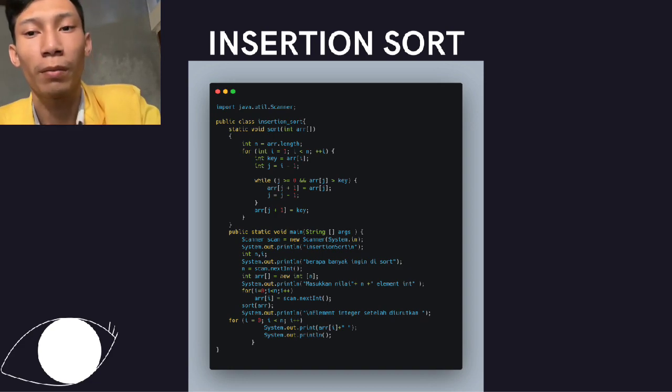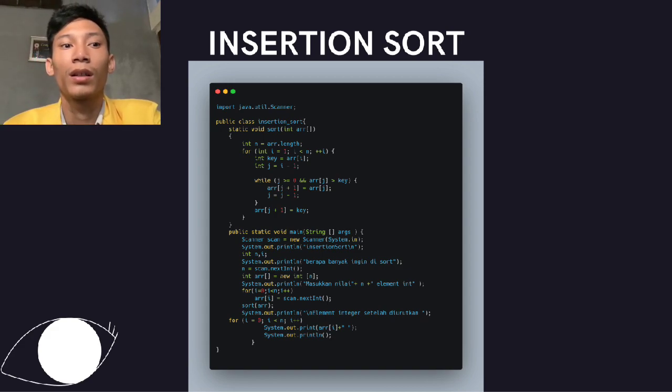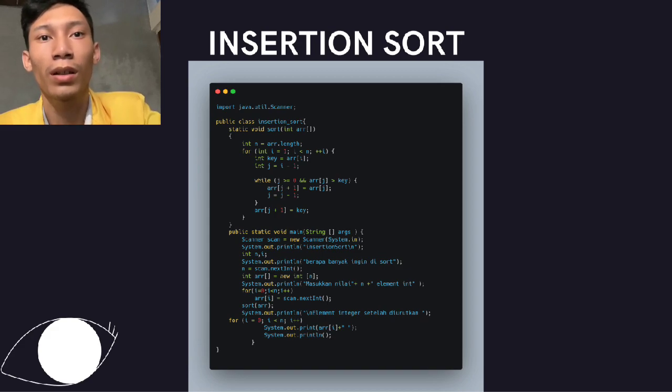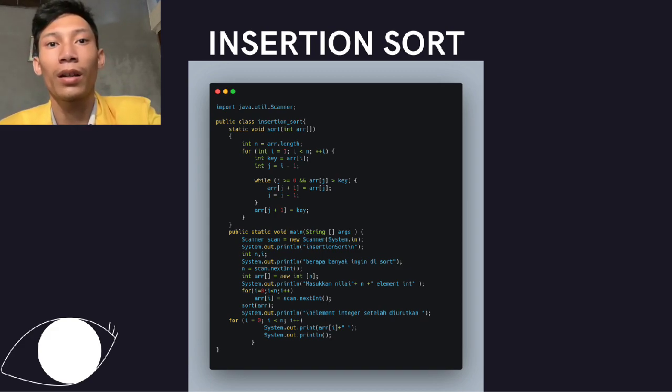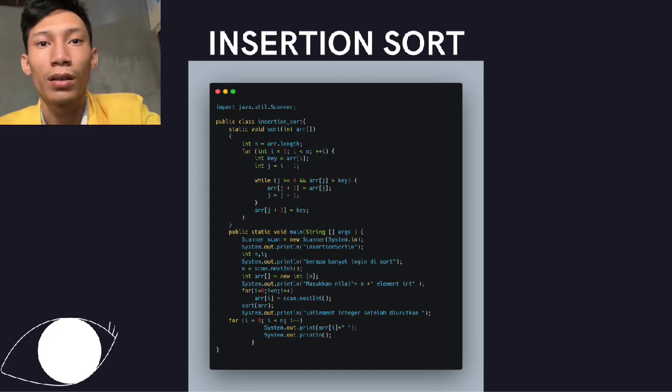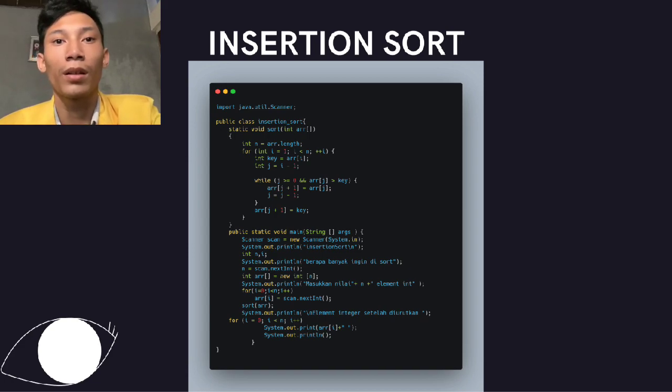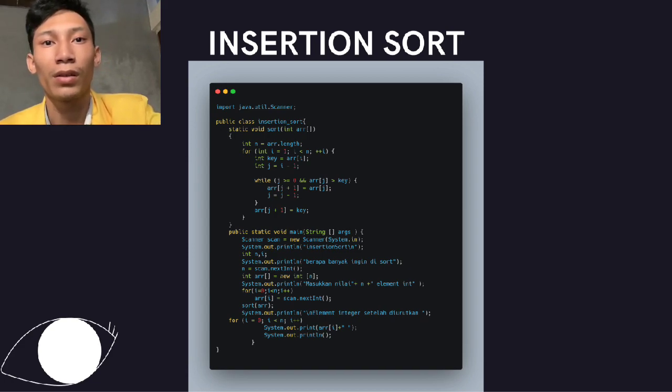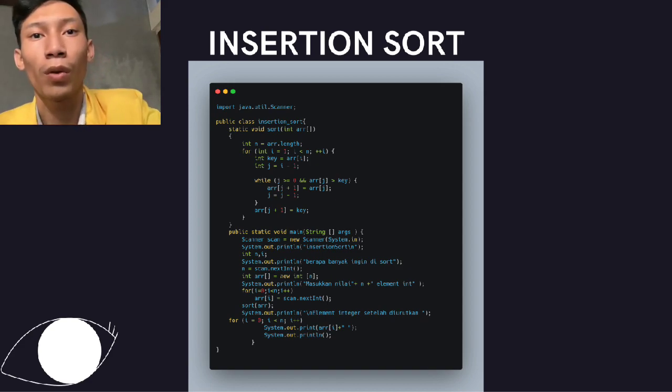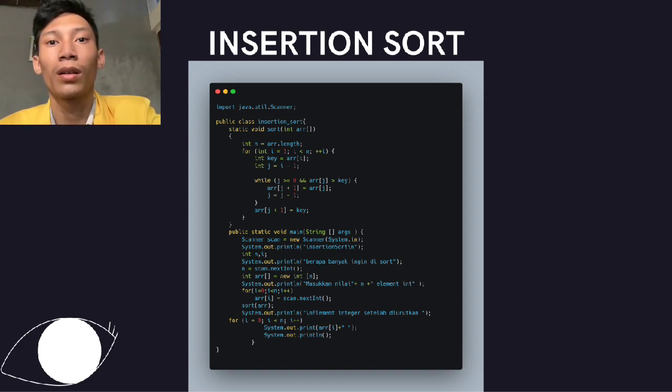Next, we make a main method for insertion sort using Scanner, and then System.out.println asking what array we will sort.